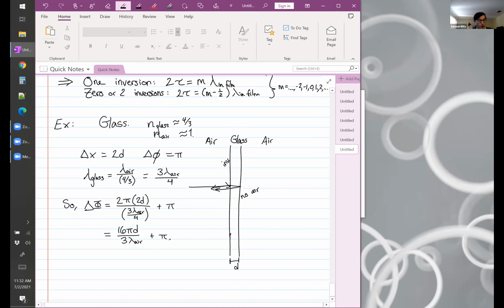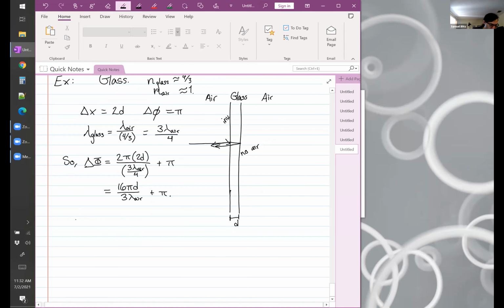So this is what the total phase difference would be, which is to say, if lambda air and d conspire to make delta capital phi, the total phase difference, pi or 3 pi or 5 pi, etc. Like you can just choose d and lambda air, maybe you'd use a different color light or maybe you use a different thickness glass. If they conspire to make that be the case, then you would get no reflection, because any reflection would destructively